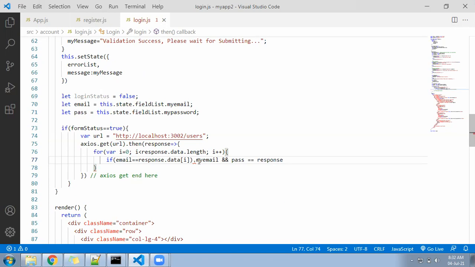Response.data, in the sense the content of the JSON file is an array. Inside the array in a particular position there is a key called my password. So bracket required. Pass. It will work. Here is the problem. These two conditions we can add like this. Okay. More than two if you have, then you need to follow the BODMAS rule. Okay. Now, so we are checking here, and given password is equal to the my password of the JSON file.